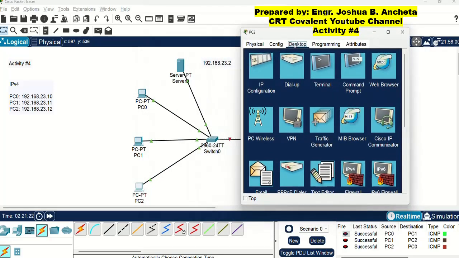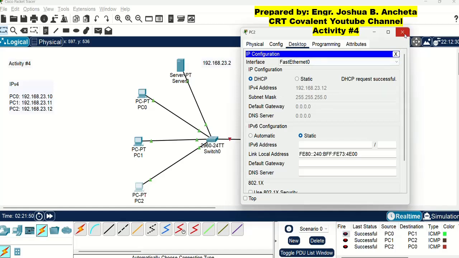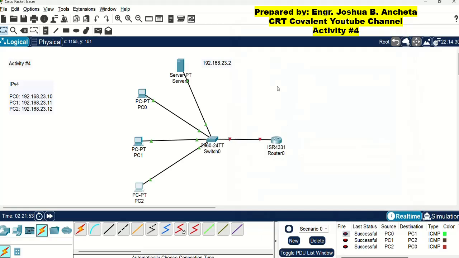Under the tab desktop, click ipconfig and click DHCP to generate the IP address in dynamic method. Then DHCP request successful. The generated IP address for PC number 2 is 192.168.23.12. So at this point, we already introduced and performed the dynamic method of providing IPv4 address to our computers.